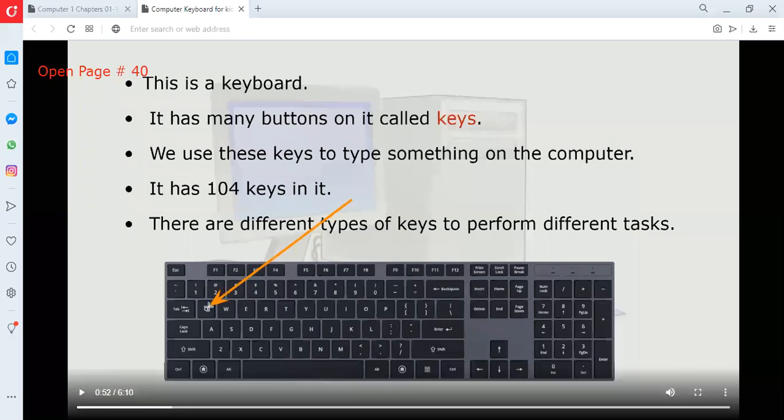So we have one type of keys, letters, and another type of keys, numbers. We use keyboard to type something, and keyboard has letters and number keys.